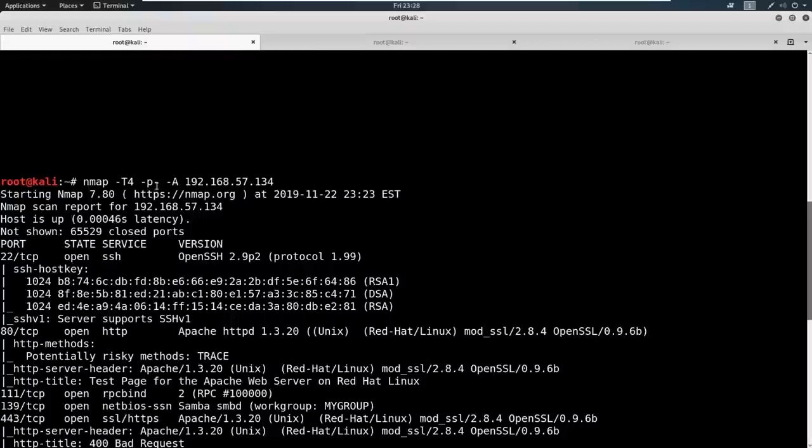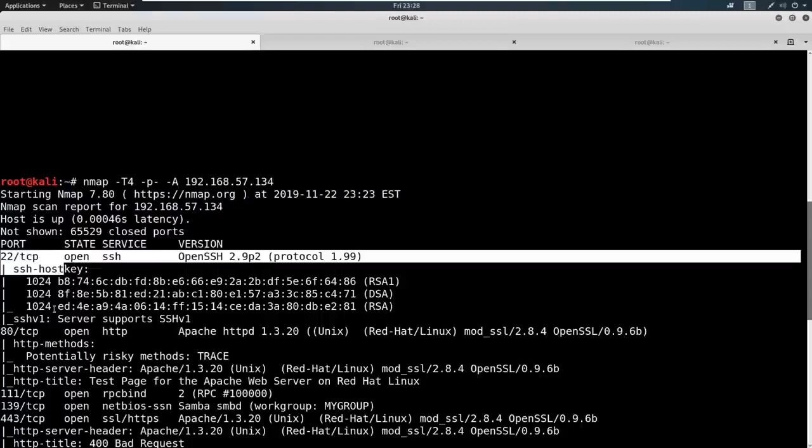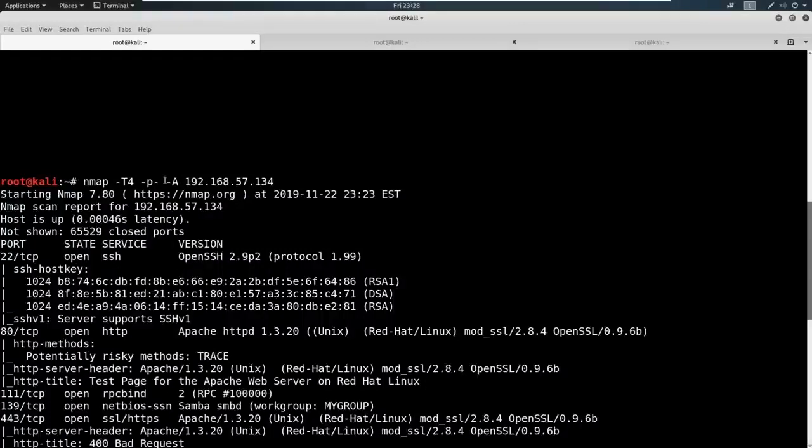You could say -p like we did in the example earlier with 80 and 443, and then do a -A on those. Now that will scan only these specific ports with all. Instead of going out to every single port and attempting to do all on every single port, it's just a little bit faster. Now, if your wheels are spinning and you're thinking about it, maybe even you can script this, right? You can script something to say, hey, Nmap, I want to take these ports from a base